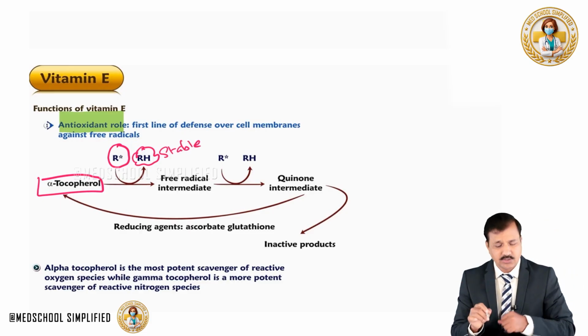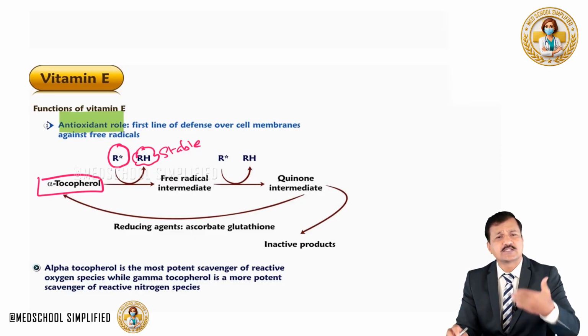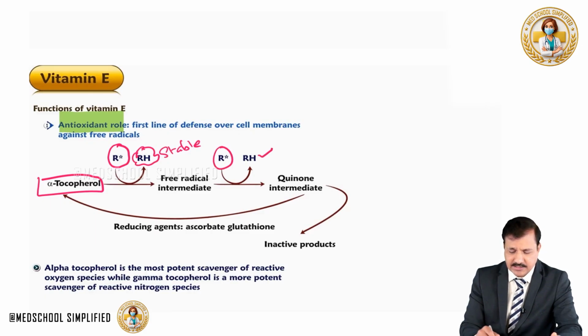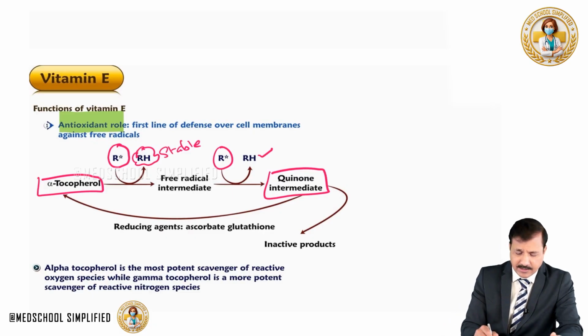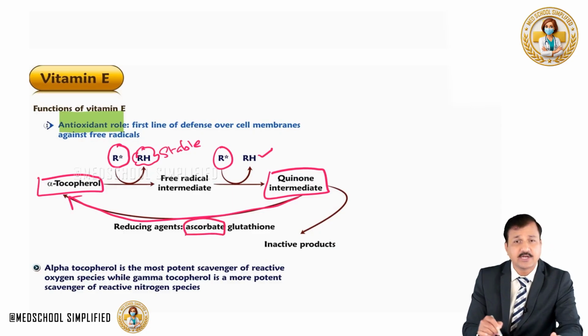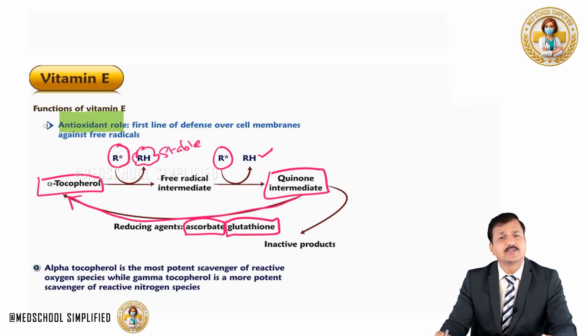Okay, so we have a free radical intermediate of alpha tocopherol because it has lost its electron. Basically it keeps all these free radicals in their reduced state and is converted into a quinone intermediate, and this quinone intermediate has to be converted back into alpha tocopherol, and that will be helped by other antioxidants like ascorbate, that is vitamin C, or glutathione, which is a cellular antioxidant, which is rich in